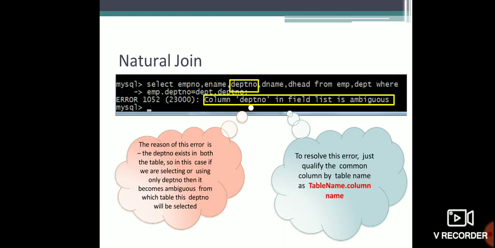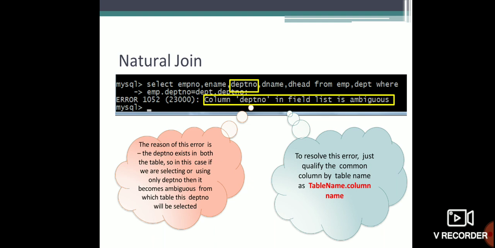Next, natural join, you can see here also: select employee number comma ename comma department number comma dname comma d head from employee comma department, where employee dot department number equal to department dot department number. Since department number, column department number in the field list is ambiguous, because department number is the common column used to combine the two tables, it won't produce the output.